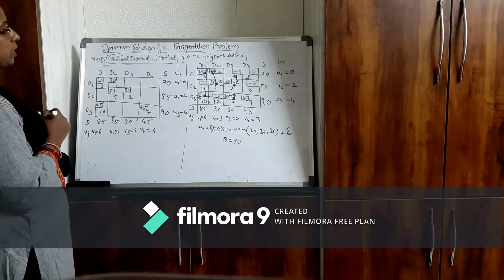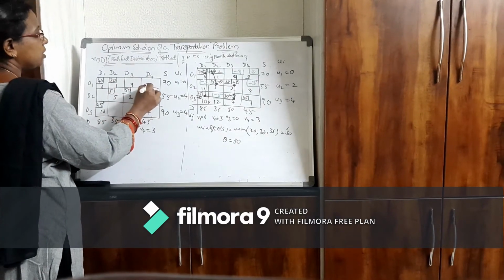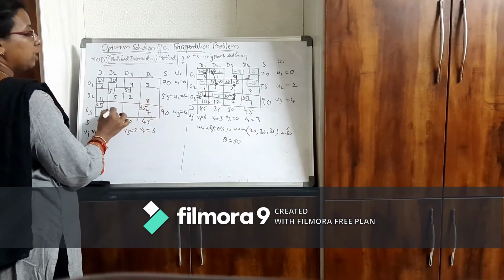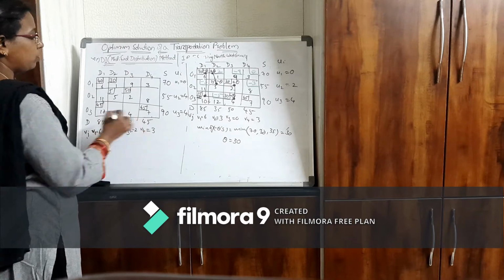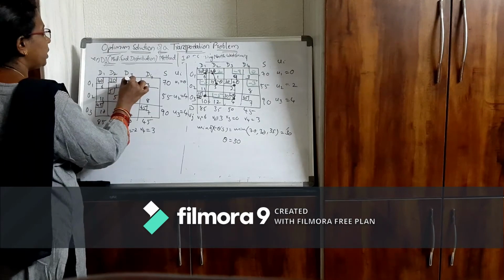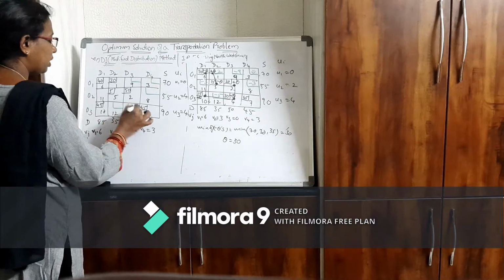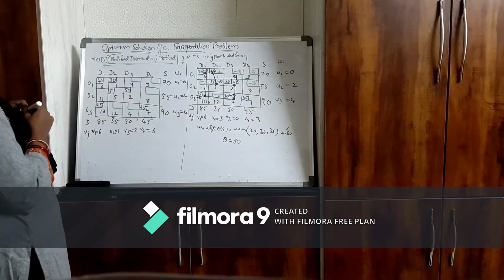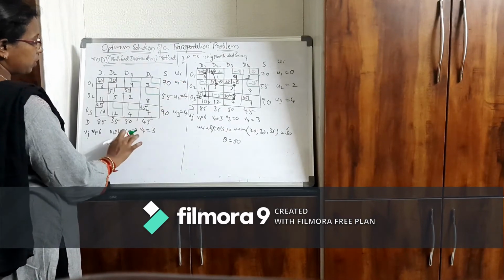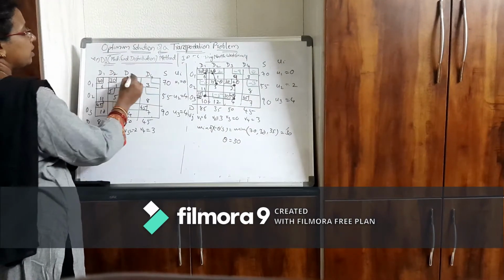Now write the non-basic cell values and calculate net evaluations again. So this is 9, this is 3, here I have 11, then here I have 8, then I have 12, then I have 4. Now again calculate the net evaluations for these non-basic cells only, which I have marked with green marker. Now calculate it. ui plus vj minus cij. So 0 minus 2 minus 9. 0 minus 2 is minus 2. Minus 2 minus 9 is minus 11.